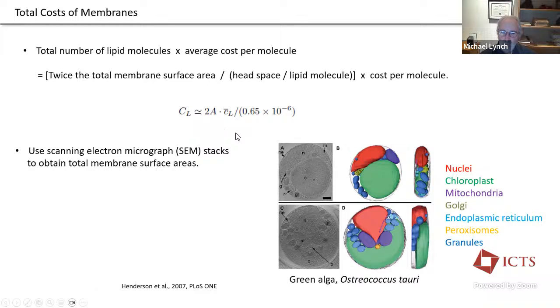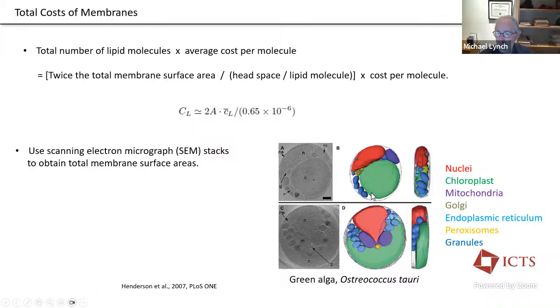Over the past few years, people have been starting to do measures of the internal anatomy of cells. This is an example of some reconstructed internal cellular anatomy of the tiny green alga called Ostreococcus. So there's the nucleus. It's a flat sort of cell. I guess you would call this an oblate spheroid, or you get the point. It's a spheroid of some sort.